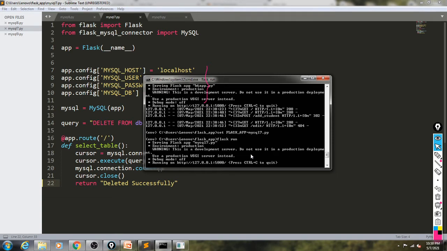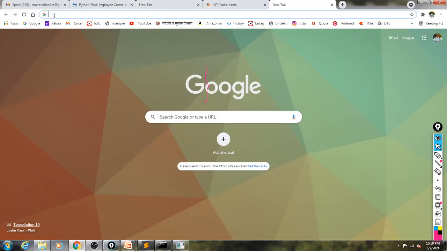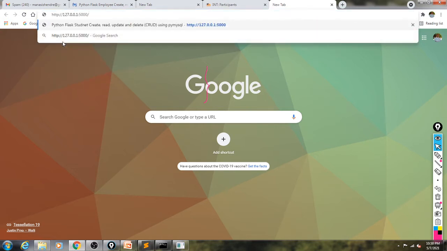So it gives you again one URL. Copy this URL and execute it in browser. So we can paste it and we can see what type of message we get here. So here we get deleted successfully. Okay, means our query is successfully executed.